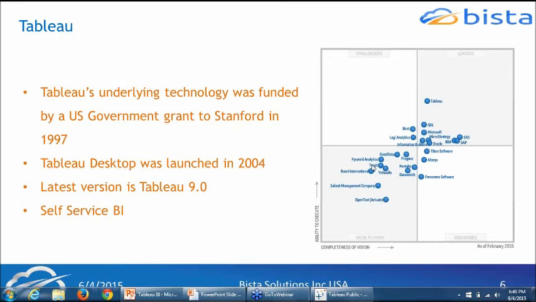And whatever visualizations you create in Tableau Public will be shared across the public Tableau Public website. So whatever visualizations you create can be accessed by everyone who has an internet connection. They can just go to the Tableau Public website and view the visualizations that you have created. So that is the limitation with Tableau Public.